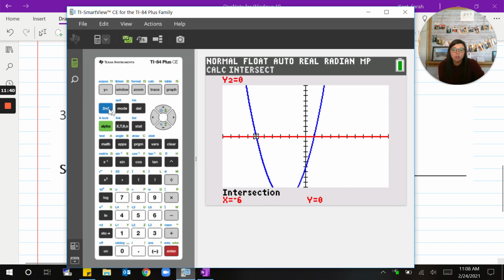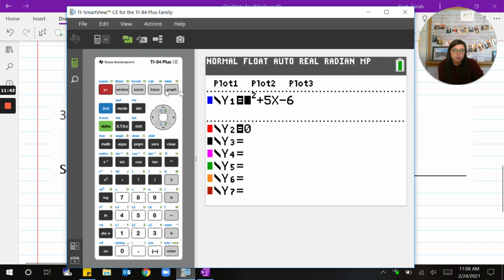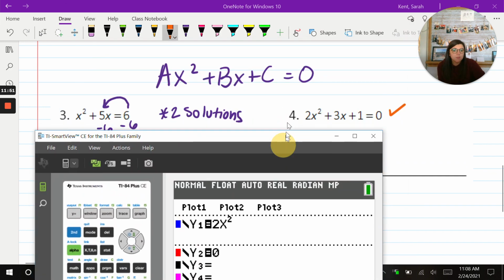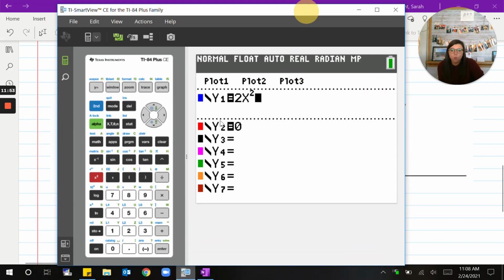So in my calculator, I can press y equals, and in y1, I can type in 2x squared plus 3x plus 1. Y2 says 0, so when I press graph,